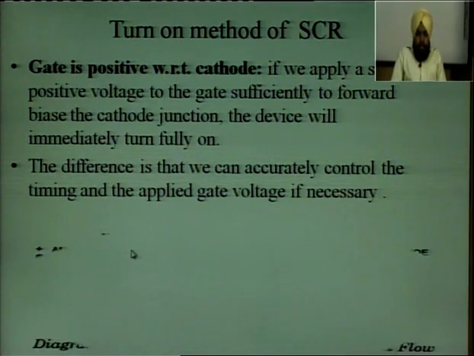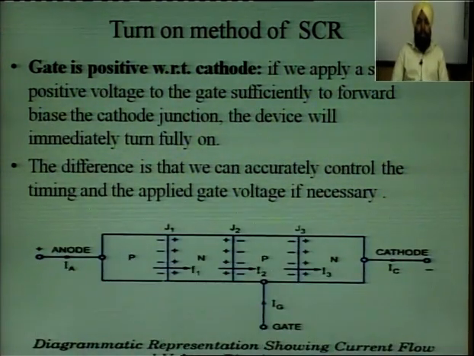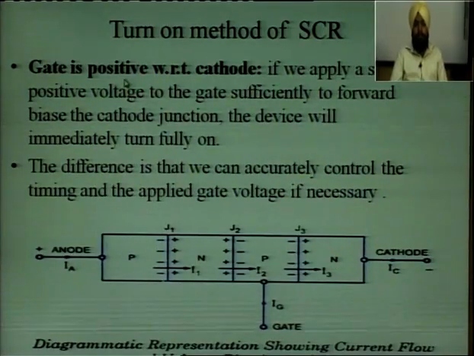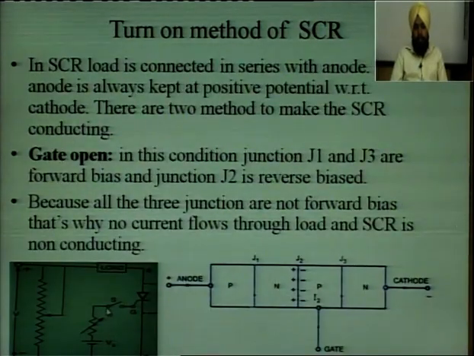So, next is gate positive with respect to cathode. Now the second case is gate positive with respect to cathode. When the gate is positive, that is, we close this switch, then positive current will start flowing from the battery to the gate terminal. So, when we close this switch, gate current will start flowing through this gate terminal, and